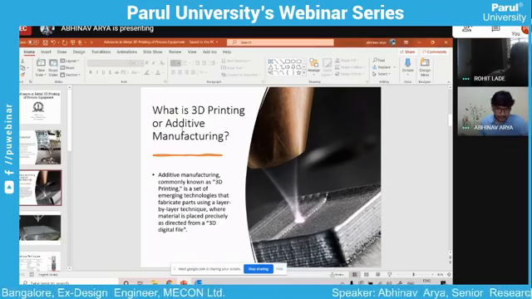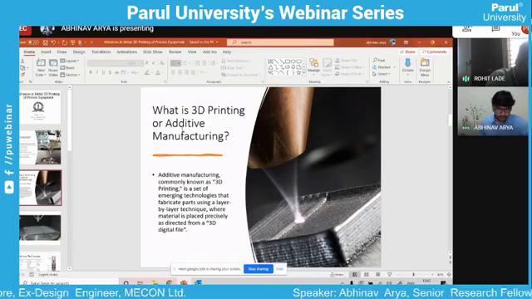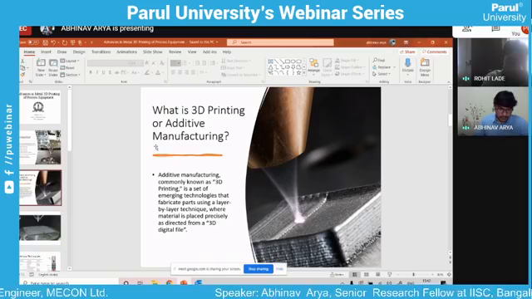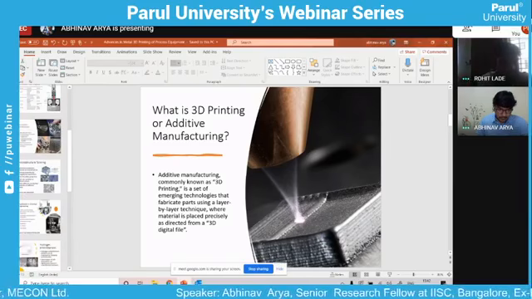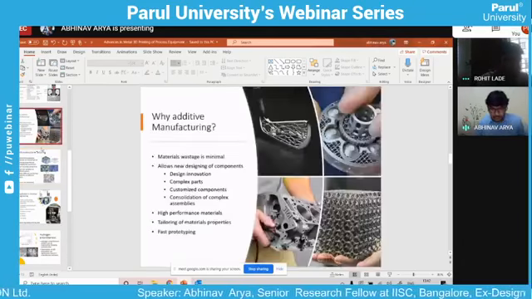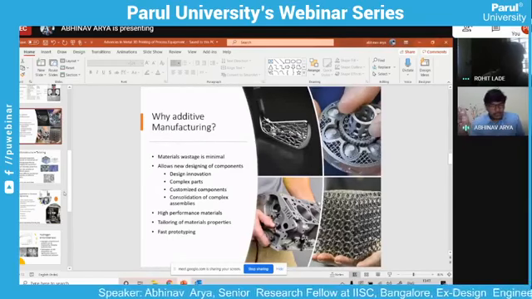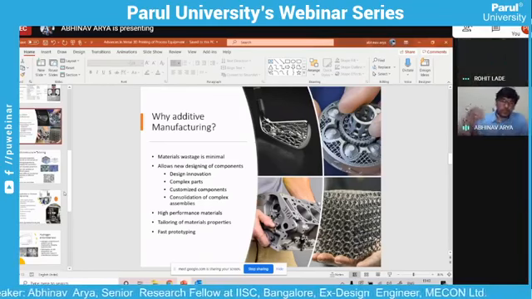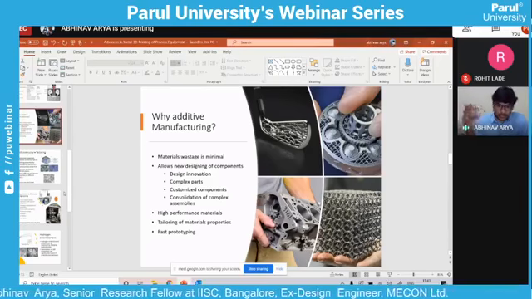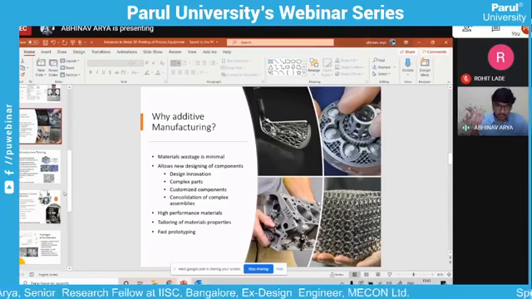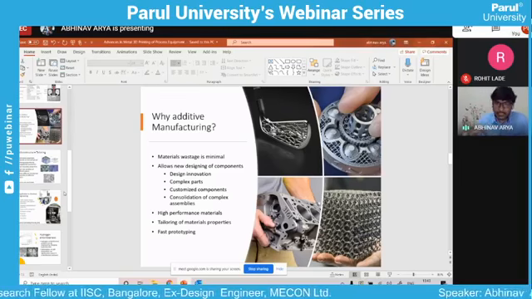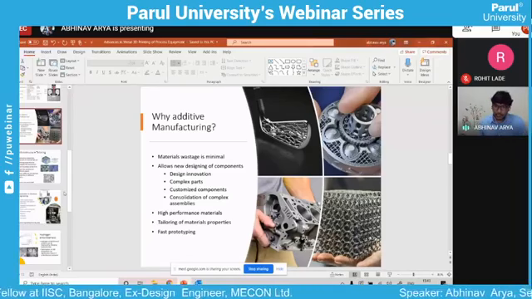One question I got from one student. He says he has heard about rapid prototyping. Is there any difference? No. Rapid prototyping, as I've told, is relevant in the field of design. When you design a component, you want to make a prototype of it to check it in a real environment. You can do all kinds of simulation, FEM simulation, to check the mechanical behavior of that design, but still it is very useful to check the material in a real environment. So for that, you need to make the prototype of that design.